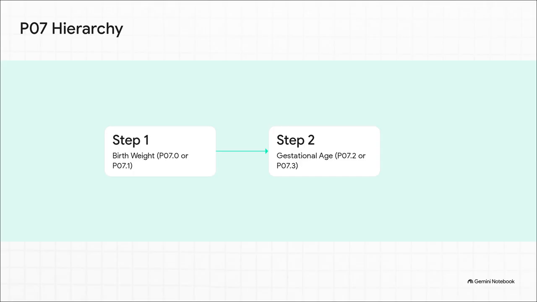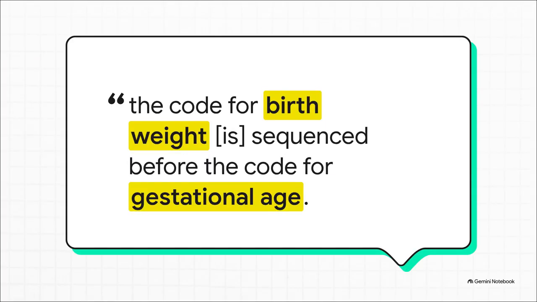When a premature infant scenario documents both birth weight and gestational age, there is a strict hierarchy you must follow. Step 1 must be the birth weight code from category P07.0 or P07.1. That has to lead. Step 2 is then the gestational age code. Look at this exact wording from the CMS guidelines. This proves exactly why birth weight priority in prematurity questions is a non-negotiable rule. It genuinely doesn't matter what order the physician dictated the notes in or what you think reads better clinically. The guidelines dictate that birth weight leads gestational age,